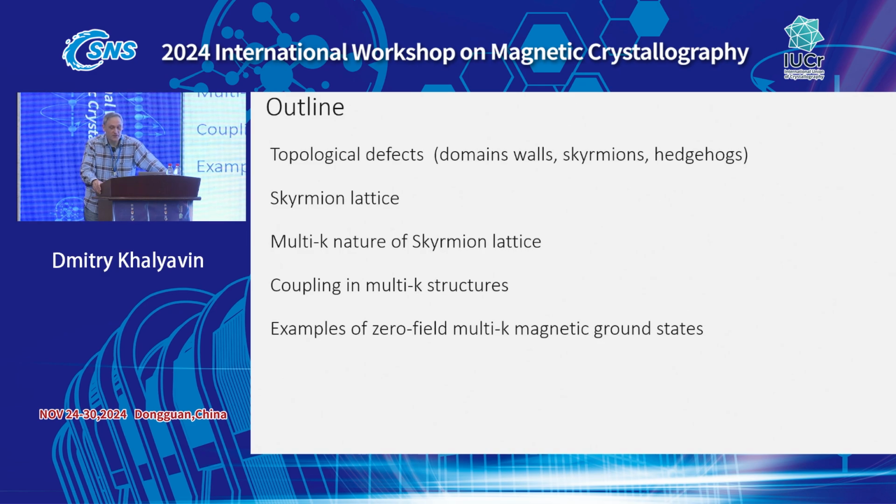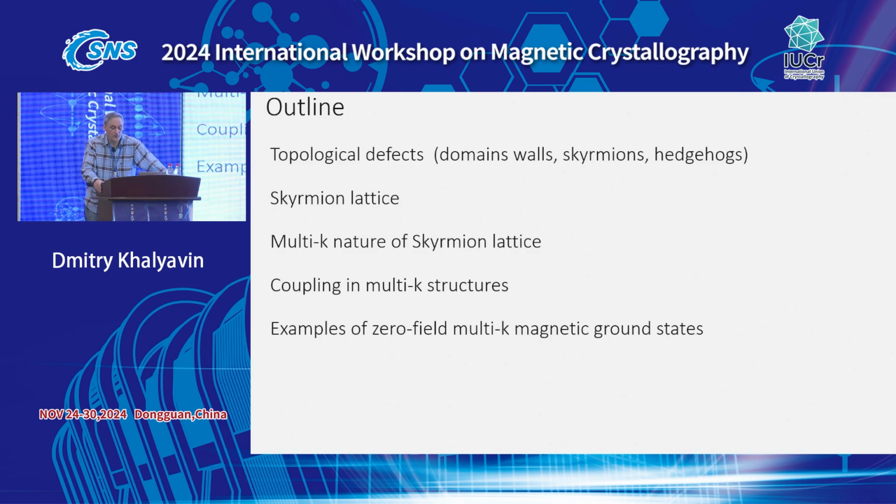And then we will discuss how we can describe this magnetic structure using crystallographic methods. So in particular, we will figure out that these structures are actually multi-K structures. And we will discuss what kind of consequences of the multi-K nature we can exploit in order to understand, in the general context of multi-K structures,